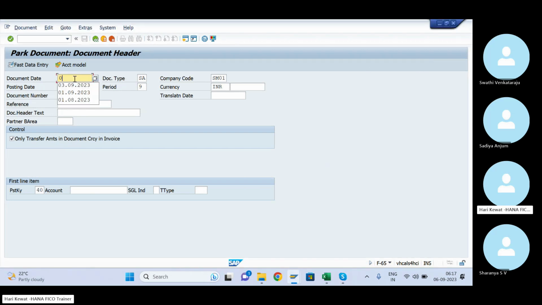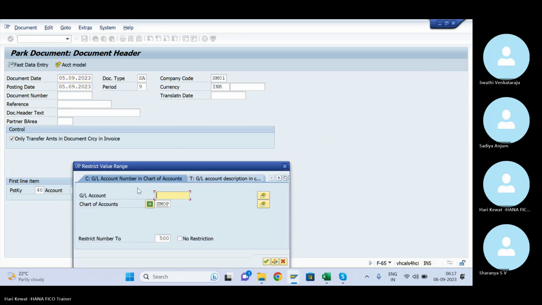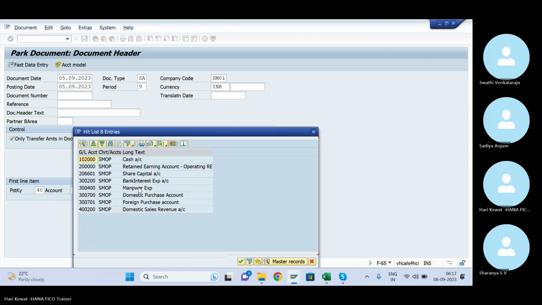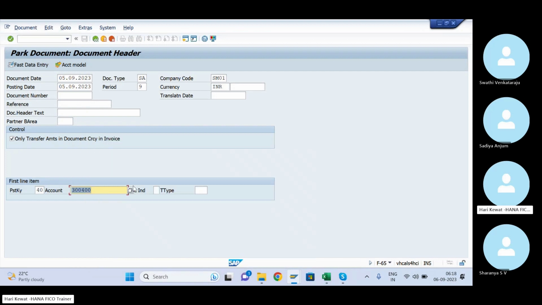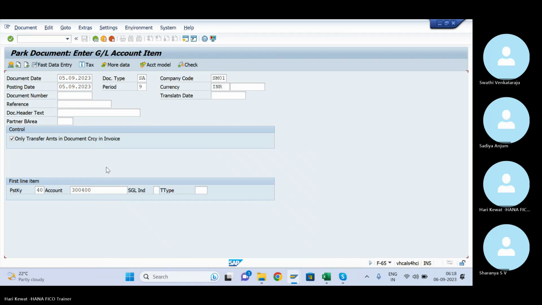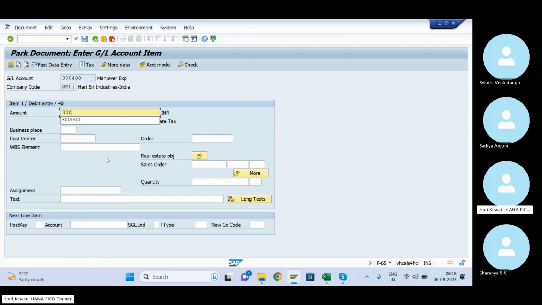So give here some T-code, 2023, whichever document type, and give the GL: cash account. Let me post manpower expense, some 300 rupees.